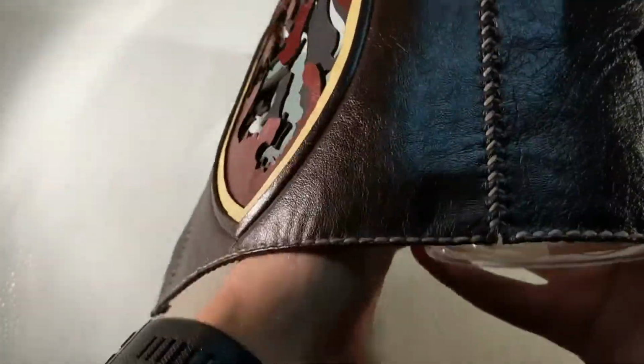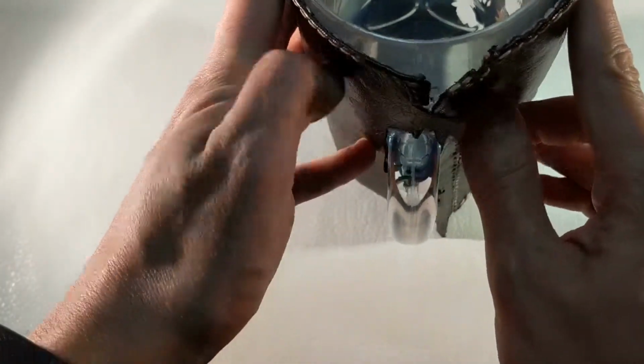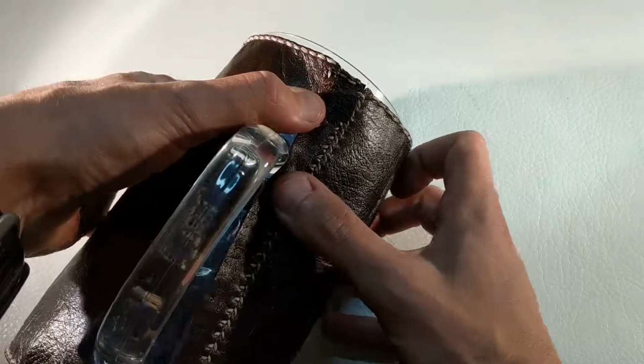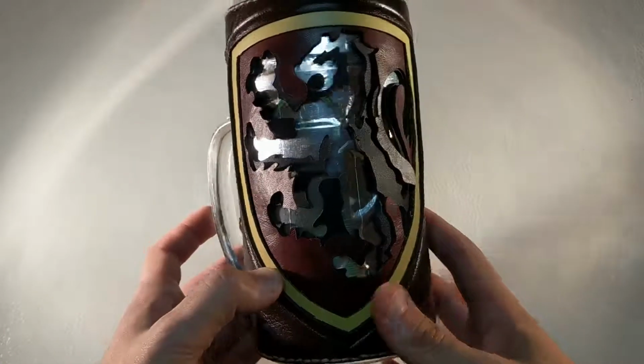Anyway, so we'll wrap that back around the mug, and we're going to go ahead and check and see how that fits. And yep, that looks much better there. I'll probably have to make a couple cuts here and there in the leather, make it fit around the handle a little better. So from here, I've already put a layer of insulation in there, but also I took some